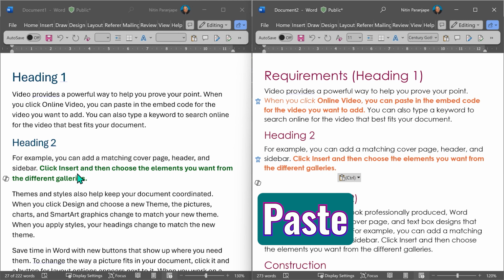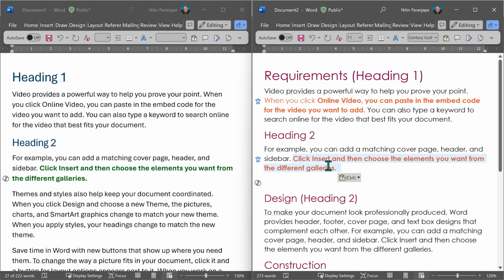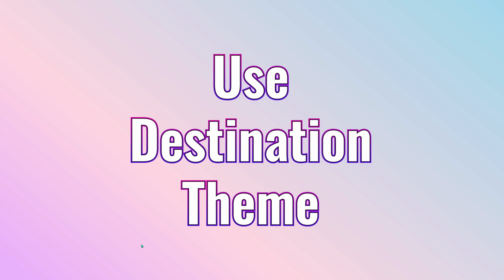Here what happened? This green became orange. This font was changed. This heading style, heading 2, looks like this now. So what happened just now? In order to understand that, look at this icon, click on it. There are many options, and once you understand these options and when to use them, you will never make a mistake.